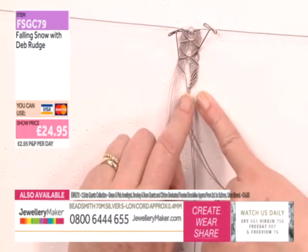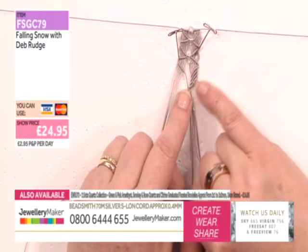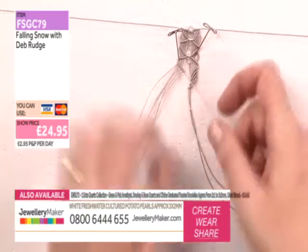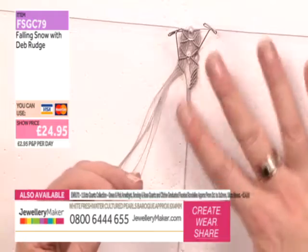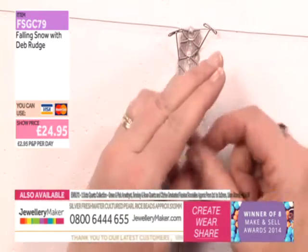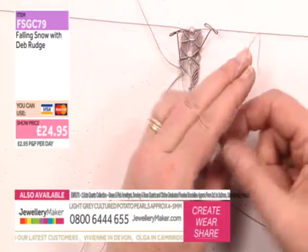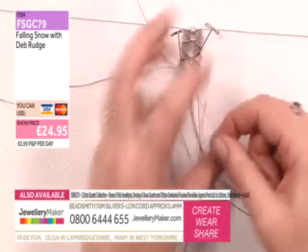So just to finish off at the bottom of your little pendant hanger, it's a whole section of lines coming across. Once you've done your first one, what we need to do is drop that filler cord, take the next one and bring that across. So that's now our filler cord. I'm going to run across with that, and you need to hold your filler cord right up close to the row before, so that it sits nice and neatly